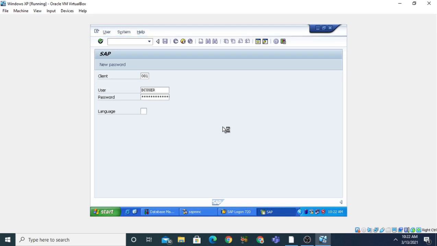Generally we use the SE80 transaction code for making the transaction. As you know, there are a number of transaction codes which are already defined in the SAP system. Like SE38 we can use for the ABAP editor, SE80 for the object navigator, and SE37 for the function builder.